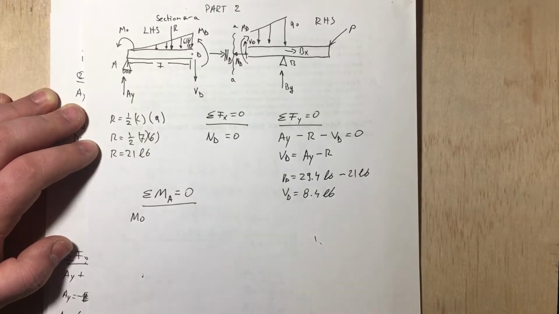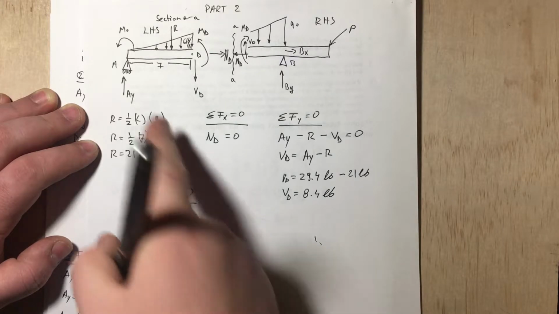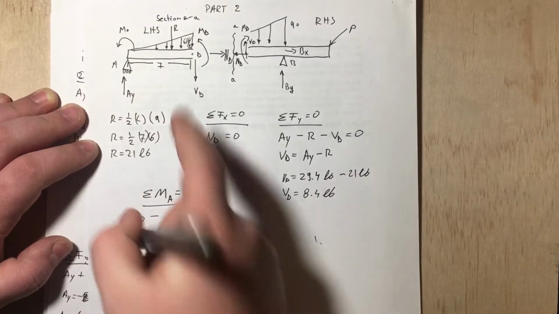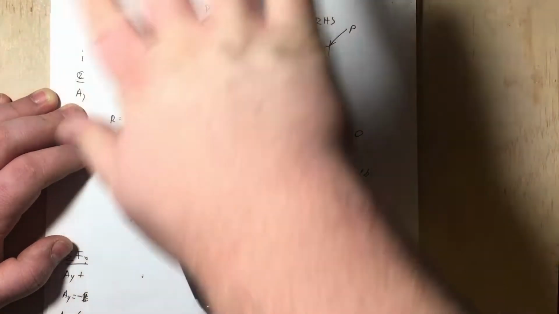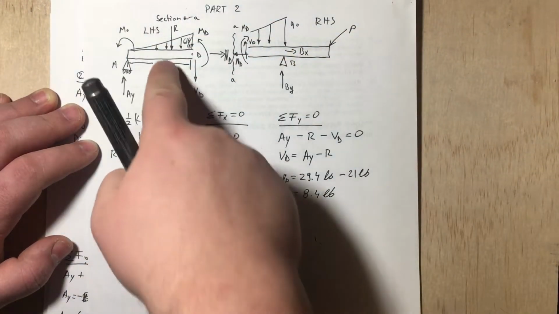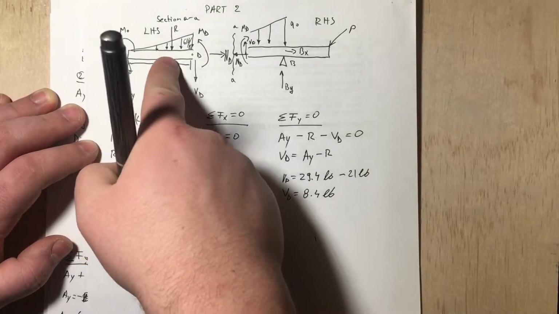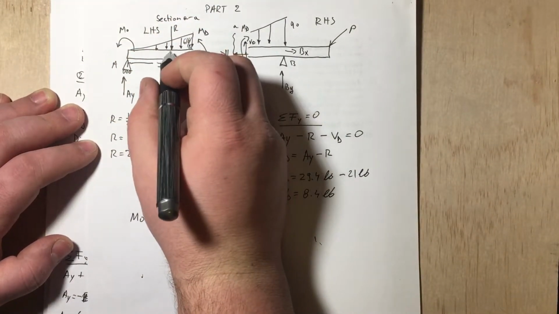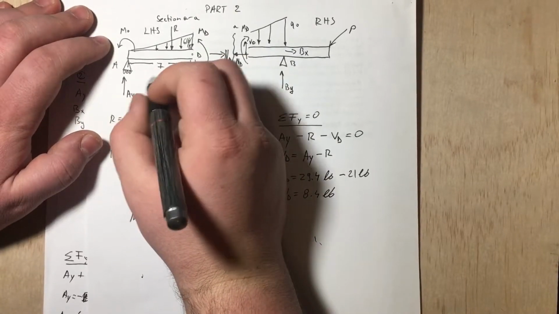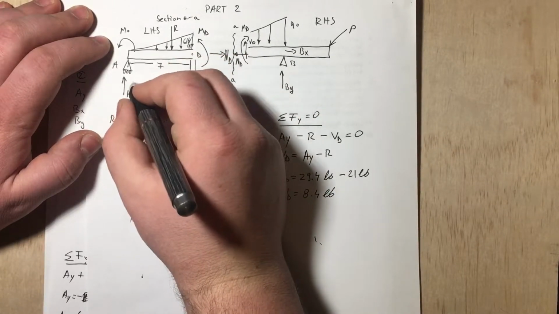And then another force that's going to cause positive direction, I don't see any, so let's go ahead, and we have R that is going downwards, so clockwise, that's going to give us a negative moment. So we have R, and then the distance. Remember, this distance, since it's a triangular load, is going to be 2/3 of our new L. So it's going to be